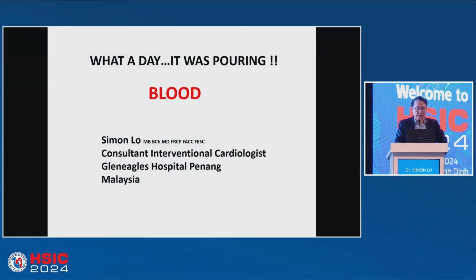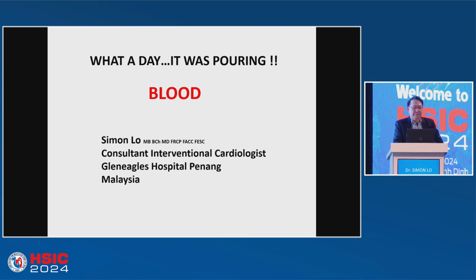My name is Simon Low. I'm from Penang, Gleneagles Medical Center. It is about the worst nightmare that you can get in your whole career as a cardiologist. So this is what it's all about. Doesn't matter how good you are in interventional cardiology, you will get complications if you do enough cases. And as we get along with our career, we become a bit more daring. We take on more and more challenging cases. And this is such a case.